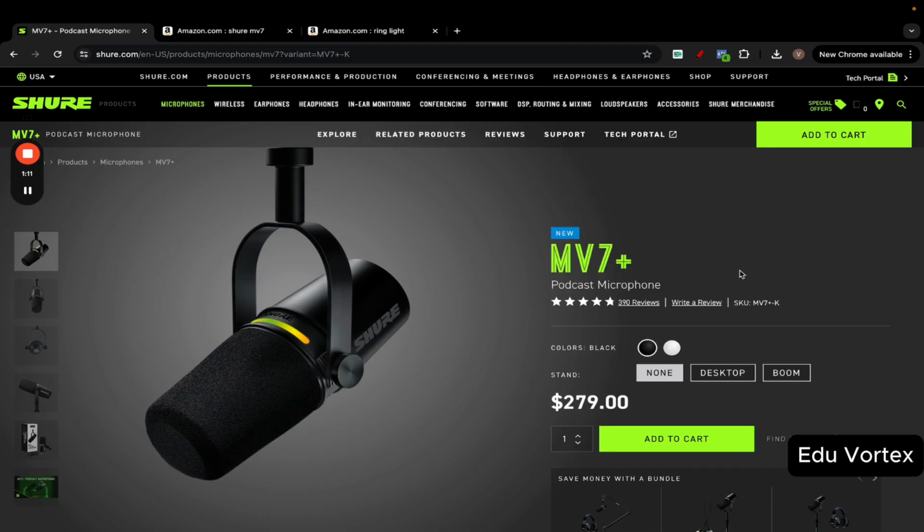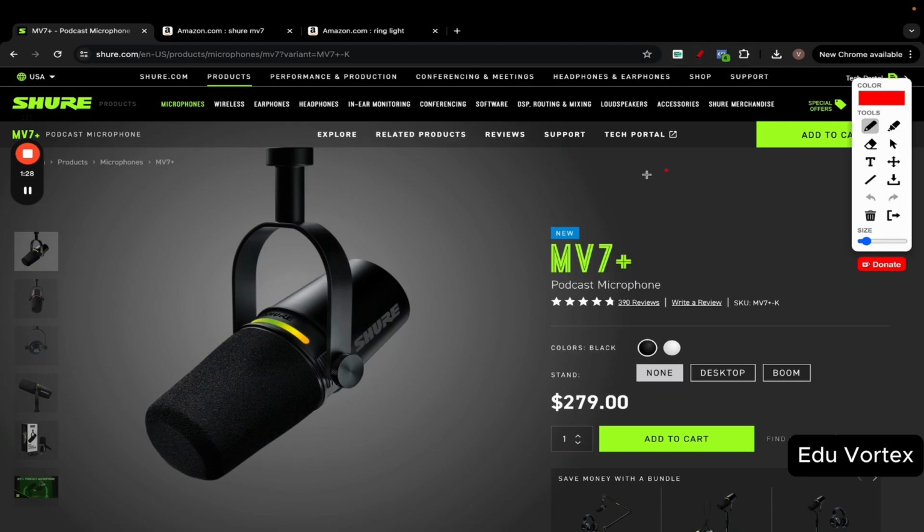Now I can speak a little bit closer to make it even a bit more crisp, or I can speak a bit far away, but still it picks it up quite well. And if I adjust some settings here, it should sound even better. But the thing with equipment is, firstly, you've got to focus on sound, the very first thing. Then you've got to focus on camera quality, right? And then whatever it is that you're actually saying, right? I would say these are the top three most important things.